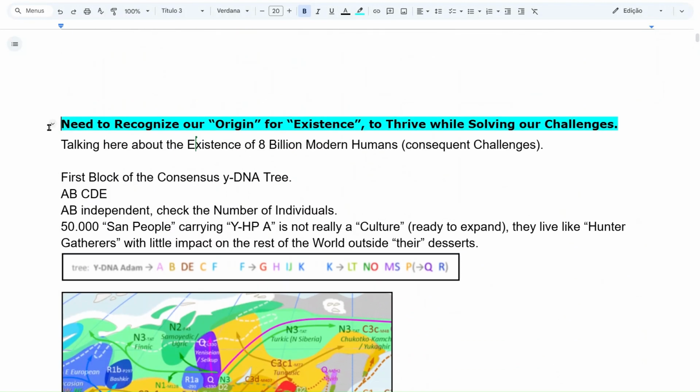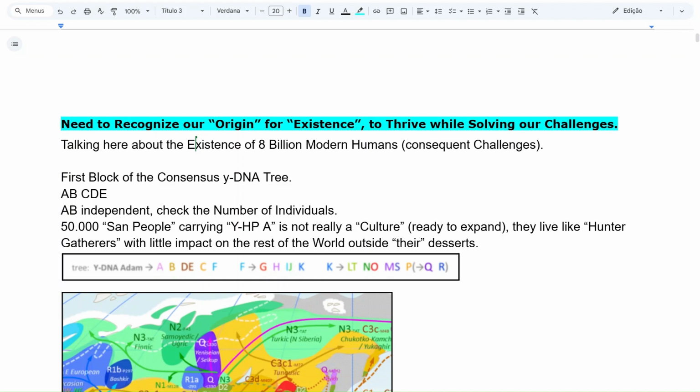So this is where we started off, the need to recognize our origin in order for us 8 billion humans to exist, to thrive and solve our challenges, which actually is certainly not the case. We are not thriving. We have a lot of conflicts as a consequence. When we 8 billion humans are thriving, we don't have conflicts, we solve our conflicts. Right now, we're not thriving. Consequently, we have conflicts, divisions,